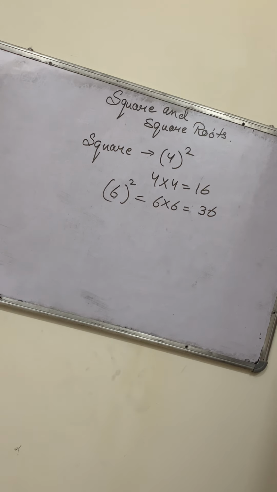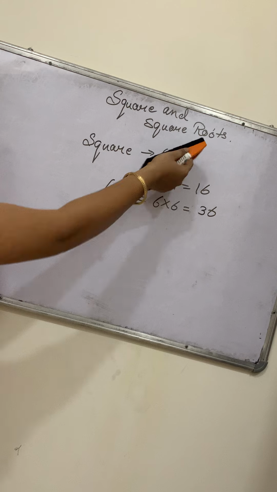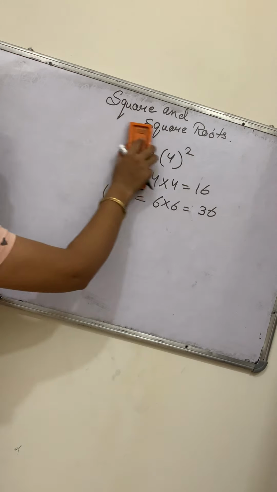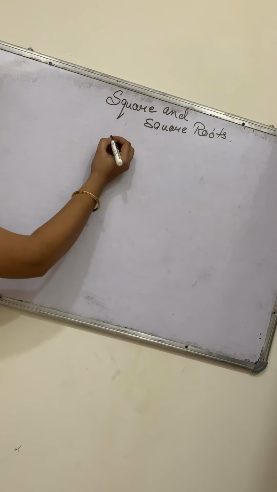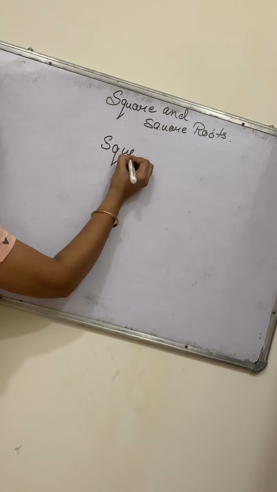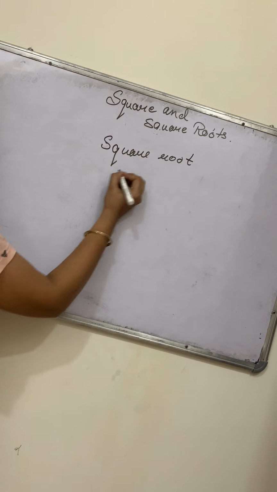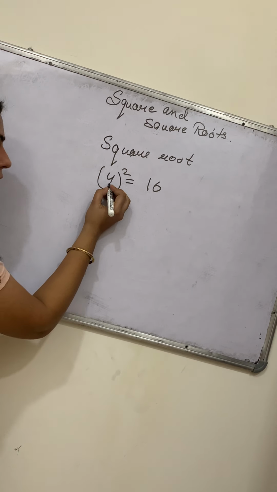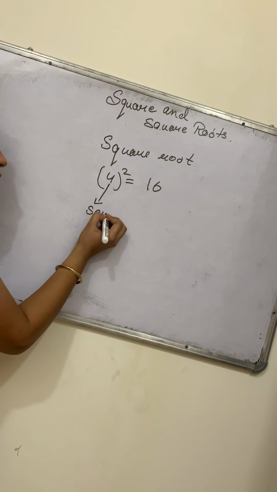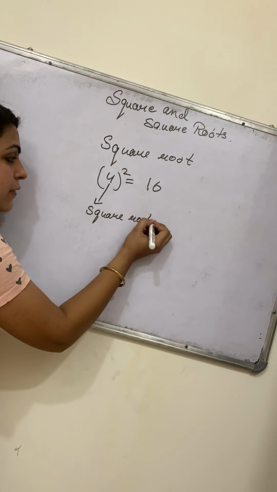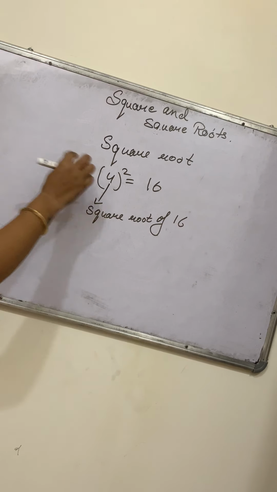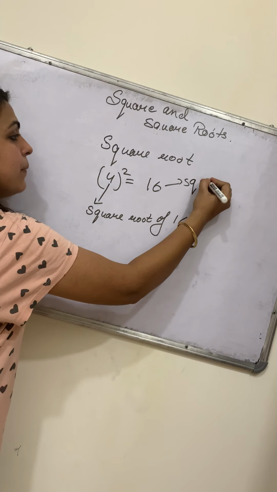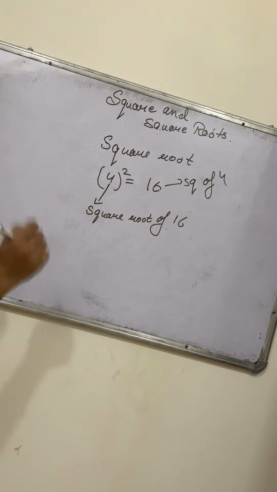So this is the square. Square you have studied earlier also. You know how to solve the power. Coming to the main topic, that is the square roots. What is the square root of a number? See, 4 square is 16. Okay? So we say that this 4 is the square root of 16. 16 is the square of 4, or 4 is the square root of 16.